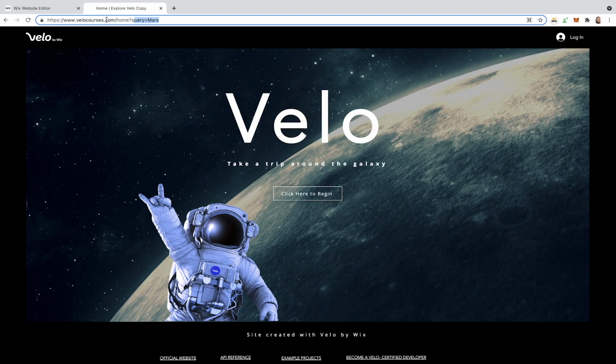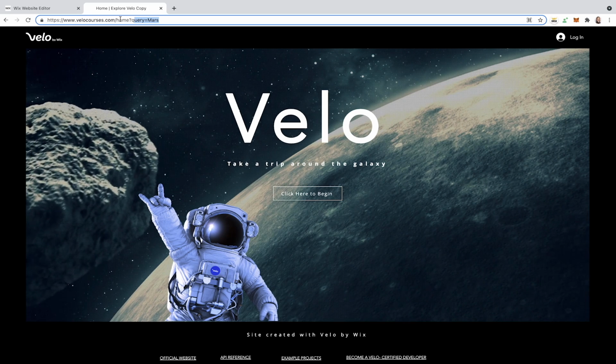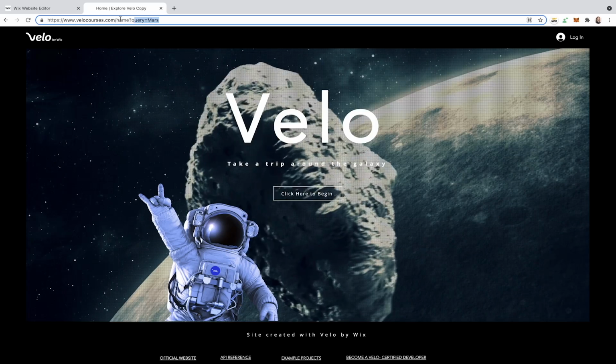So this is a powerful tool because if I did have a database on here or a repeater that's connected to a data set, I can use these same query parameters to then filter my database and filter my data set that's going to show different results on the page. Now let's just say I wanted to show all of the gas giants, right? I can use Wix dataset and the Wix data filter method to then filter through that dataset and look for anything that contains gas giant if I have that as a field in my database.